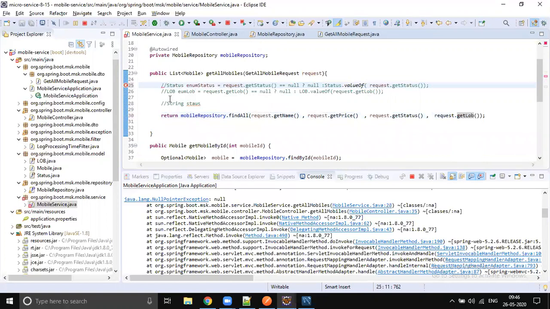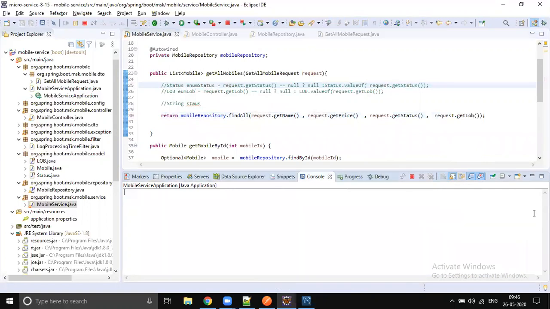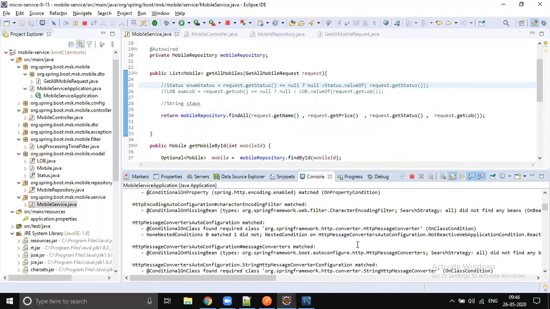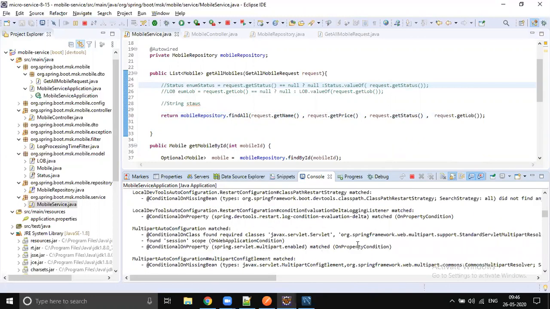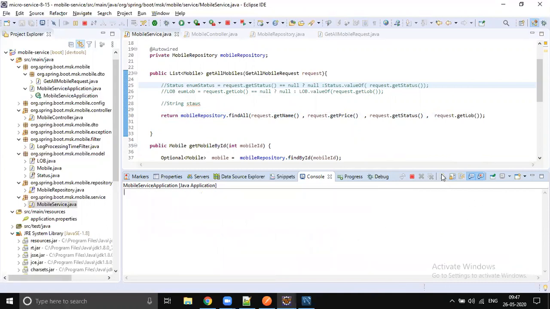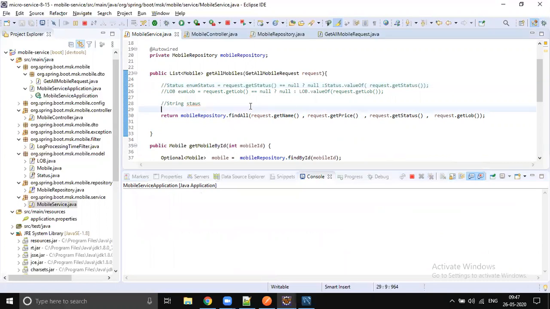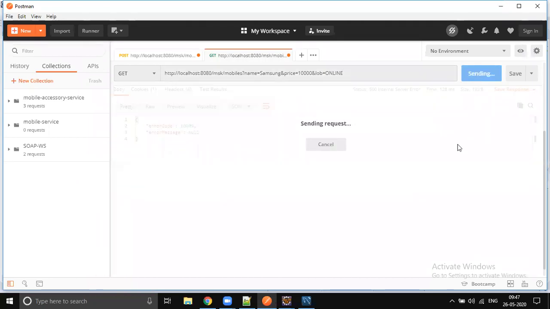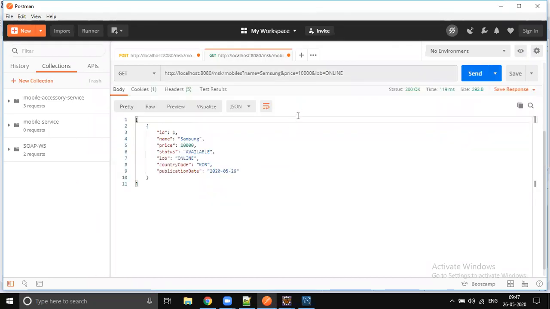Compilation error. Sunil, here this request get status will be available, but in the database it is something like 0, 1. So we have to convert that and only then save it, right? No, no. First we have to take the enum value of it. No, not at all. You just send the string. JPA will take care of that conversion. You don't need to do it. If you send this, it will work.